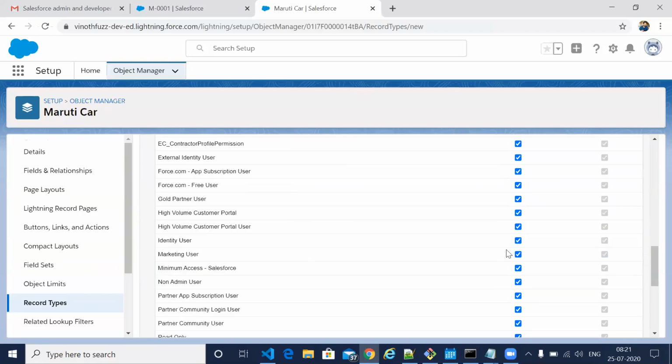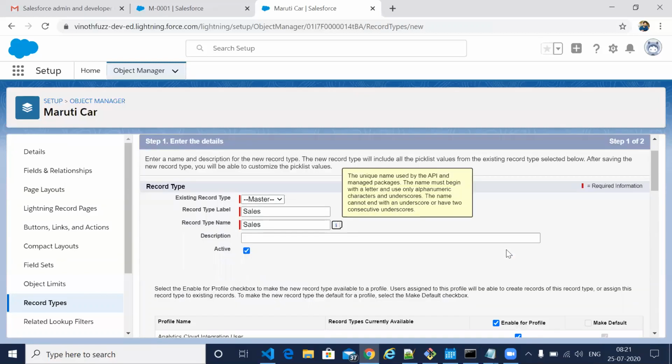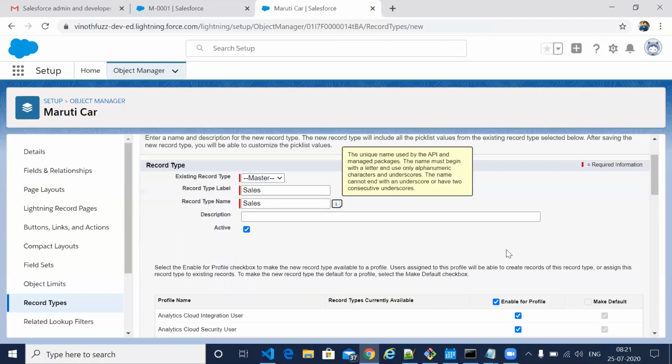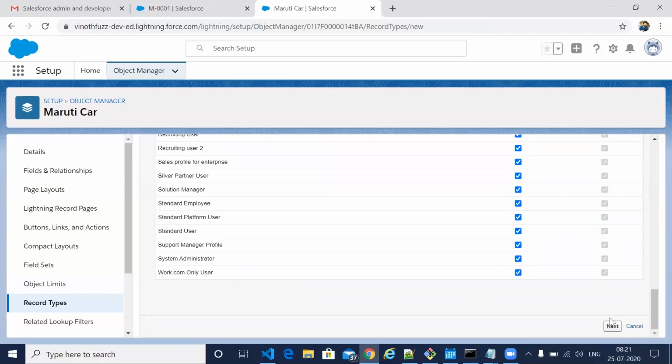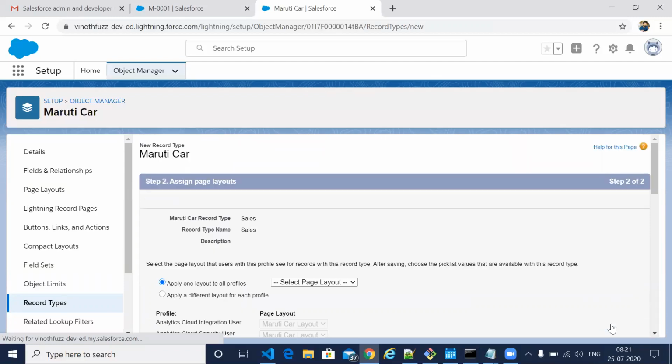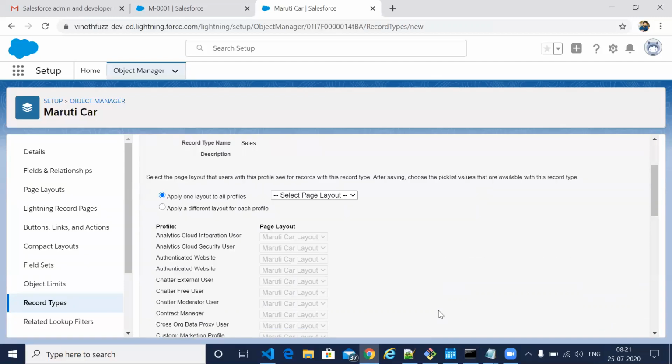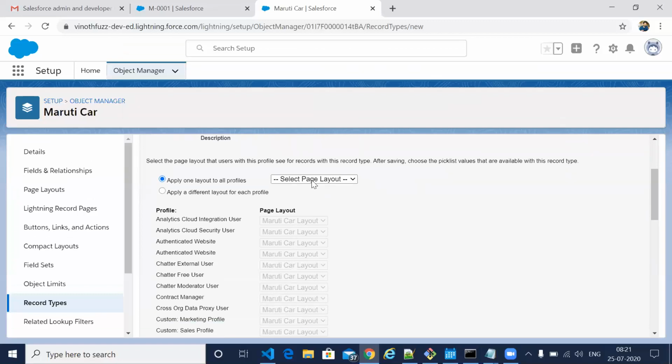I'm enabling it for all the profiles. Here we have to choose which page layout to use for this record type. Later we will assign this particular page layout to the particular profile. For sales, I want the sales page layout.